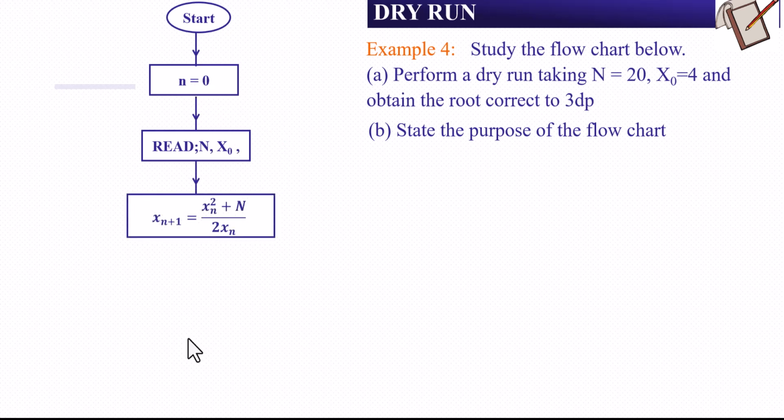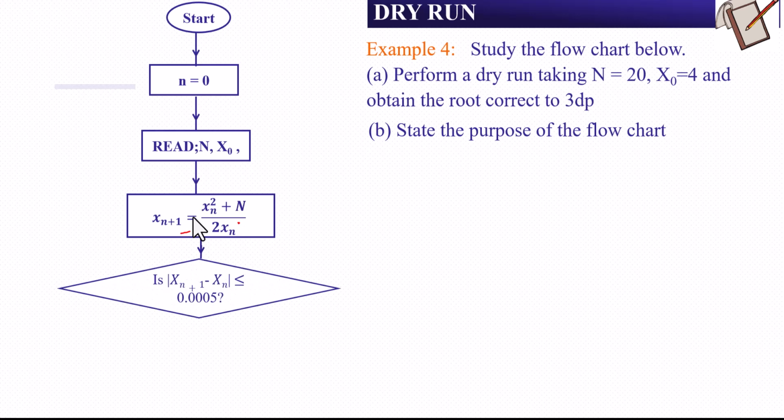And then next, we read xn plus 1 equaling to xn squared plus n over 2xn. This is the formula that we're going to be substituting in. I'm going to show you how we're going to be substituting in this formula. The next thing is the decision box. After calculating the value of x, you come to the decision box and ask yourself, is the magnitude of xn plus 1 minus xn less than or equal to